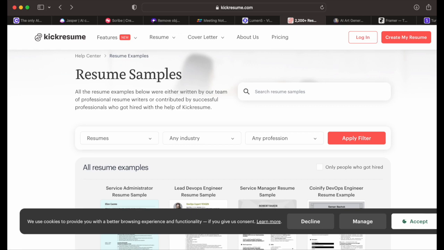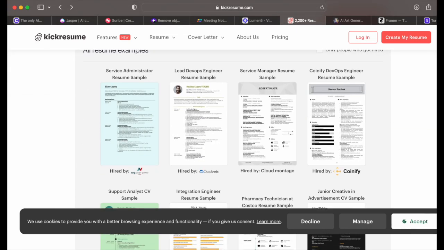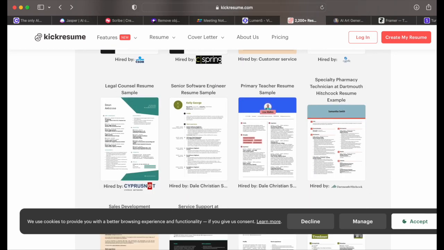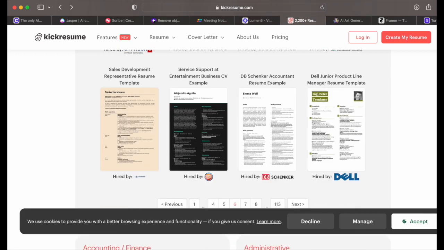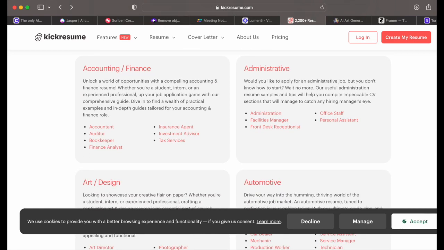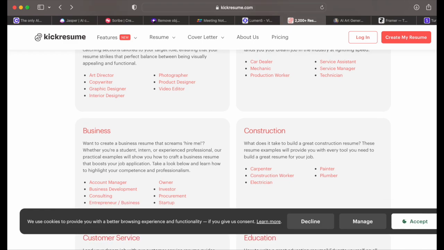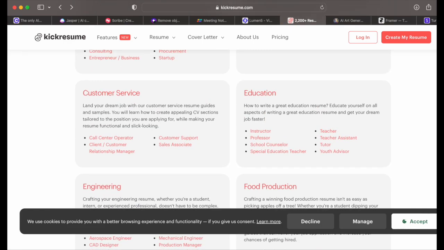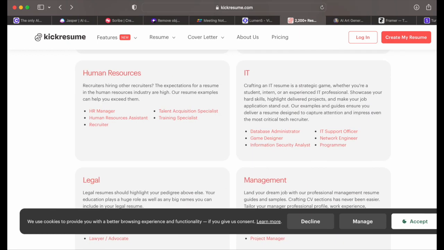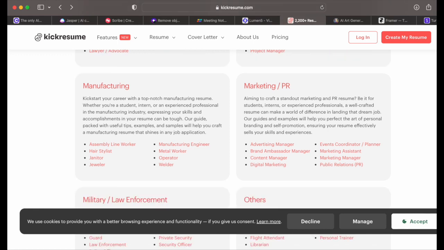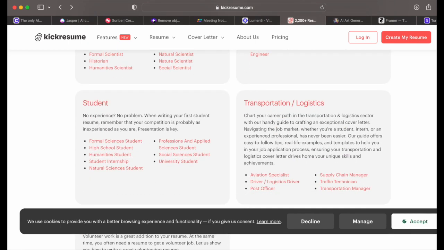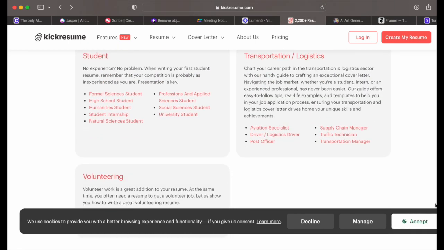So I'll scroll a bit so that you can see how this tool works. So you can see these are the examples for the resume, and you can see how many impressive templates are available, and those are too completely free. So you can usually edit your resume within this tool only. So there are resumes for accounting, finance, administrative, art and design, automotive, business, construction, customer service, education, engineering, food production, healthcare, hospitality, human resources, IT, legal, management, manufacturing, marketing, military, others, retail, sales, science, software engineering, students, transportation, logistics,